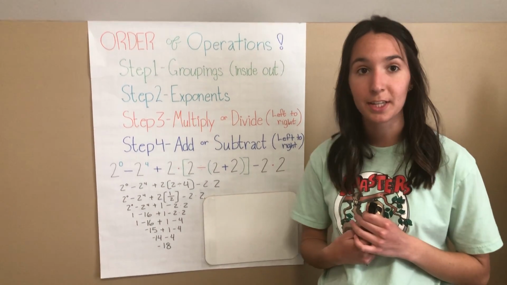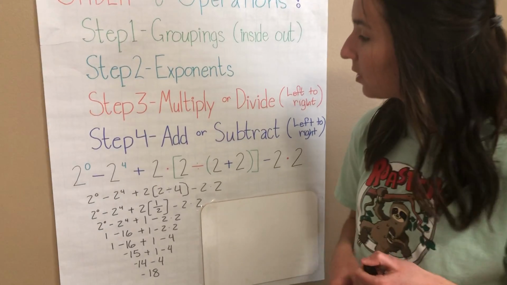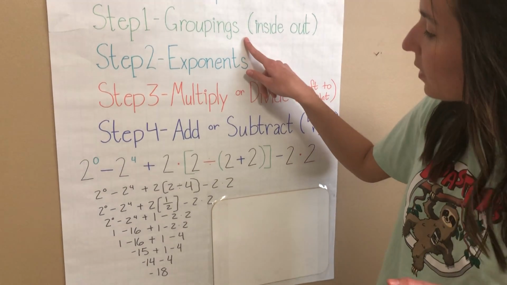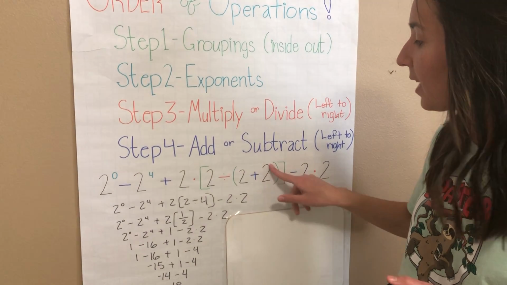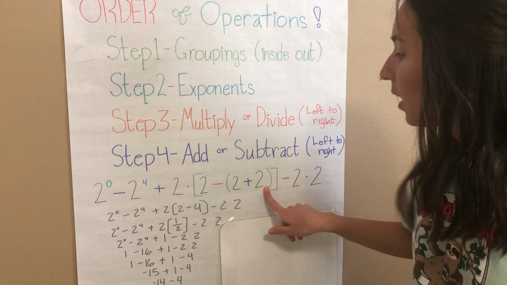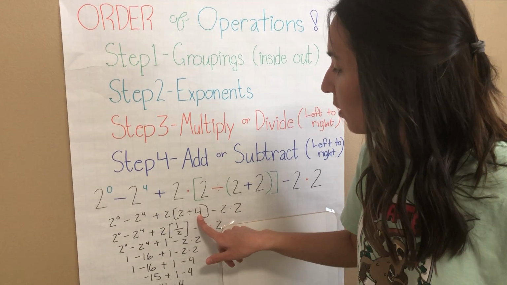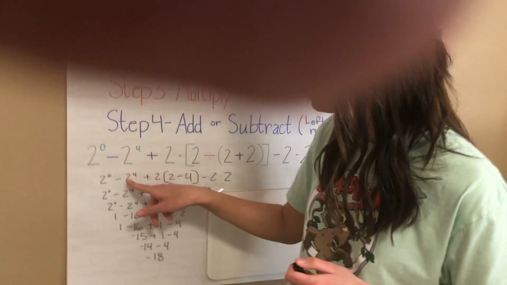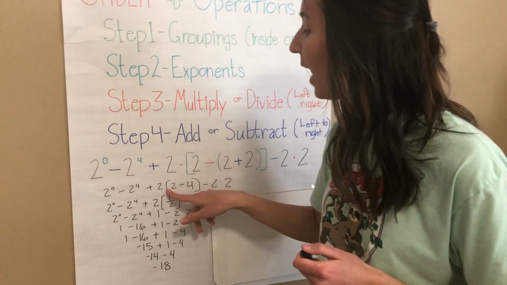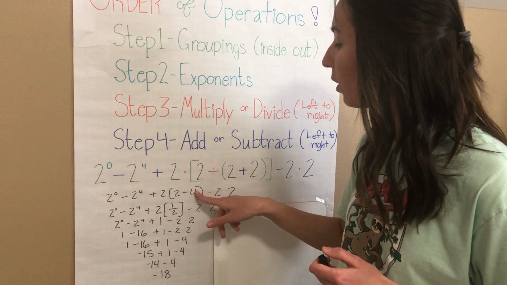So let's take a look at our example problem. So we're going to start with our first step, which is groupings. So we'll find that we have 2 groupings here. So we'll start with the inside one, which is 2 plus 2, which gives us 4. So then we have 2 to the 0 minus 2 to the 4 plus 2 times 2 divided by 4